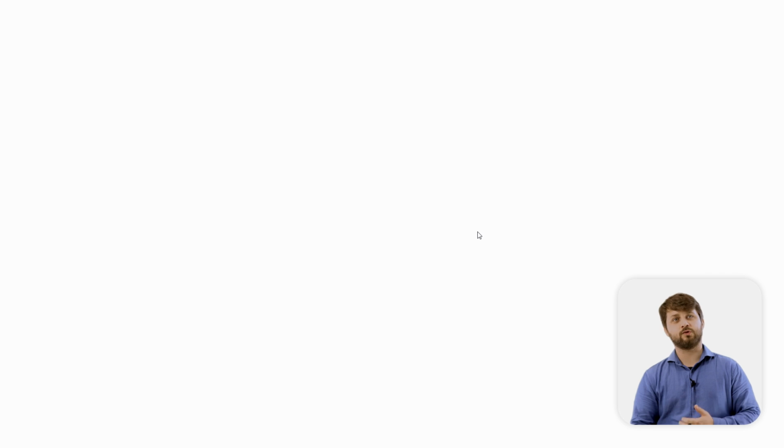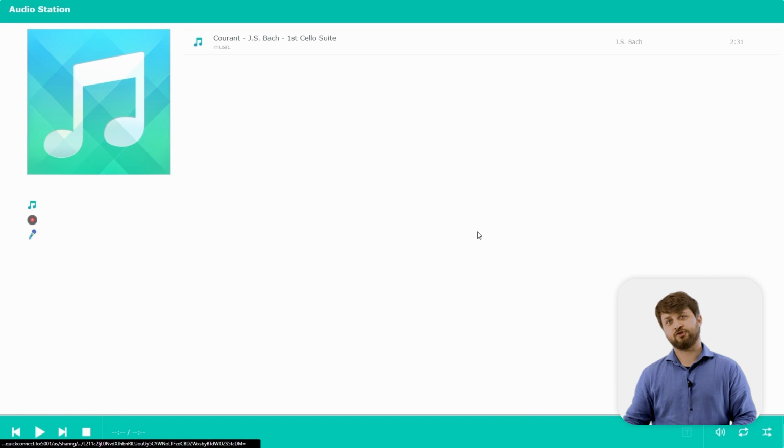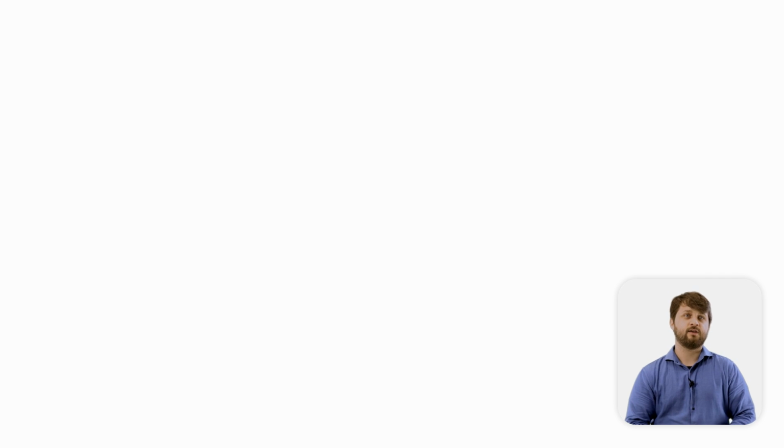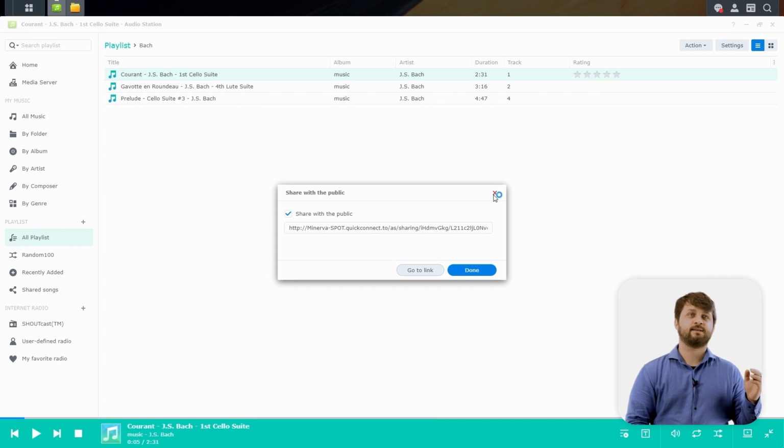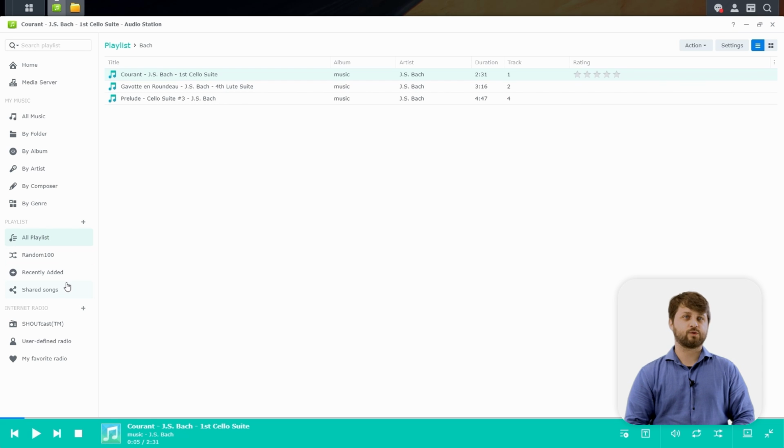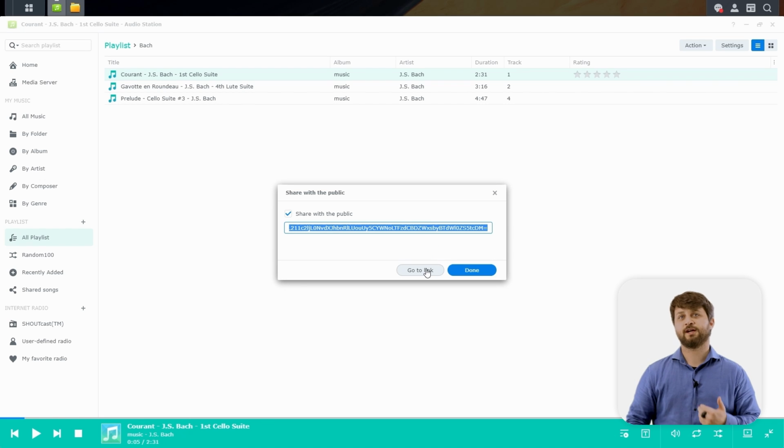If you ever needed to go and see which songs you've actually shared out and manage those sharing links, you can do so under the Playlist tab here on the left. If we scroll down a little bit, you can see there's our Shared Songs tab, or module here, and we can go ahead and see all the different shared songs that we've shared externally. You can stop sharing if you wanted to, but for us, let's go ahead and check out what this actually looks like for the user you might share this link with.